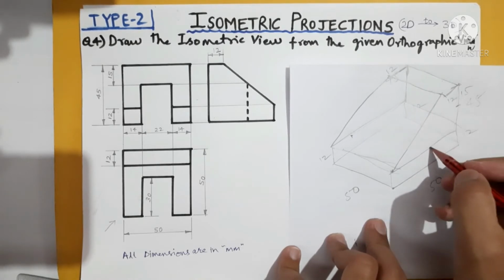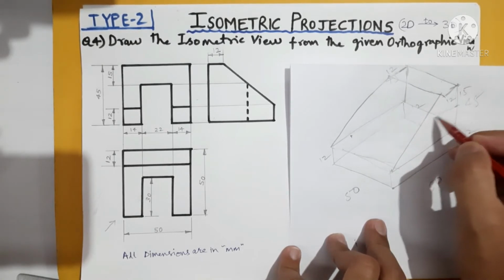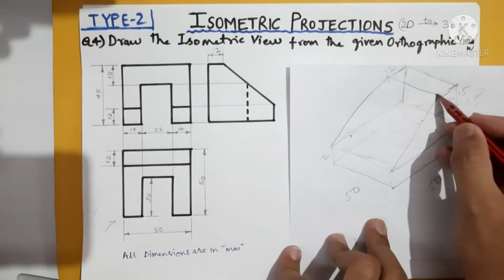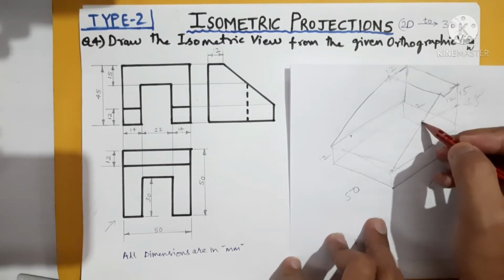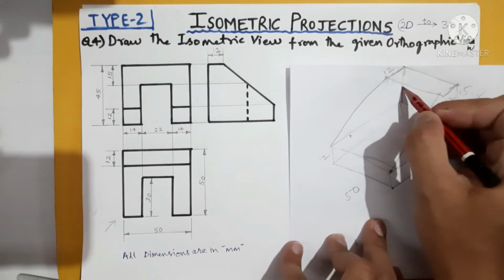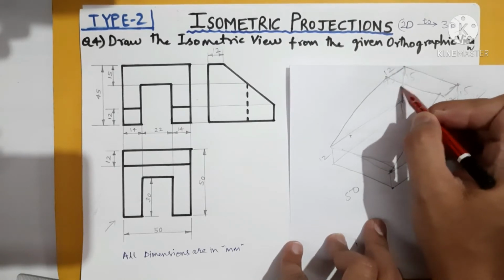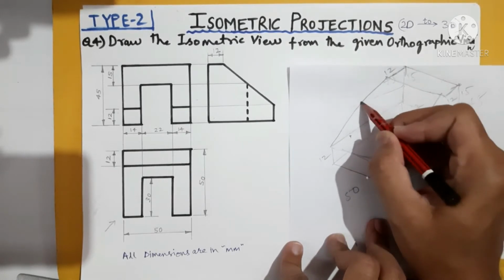After that, parallel to this you bring it in this way. Now this is 15 mm depth we have taken. Directly we cannot take on the inclined line. So here also you mark 15 mm down and bring it like this parallel to this one. So it will be shifted here.